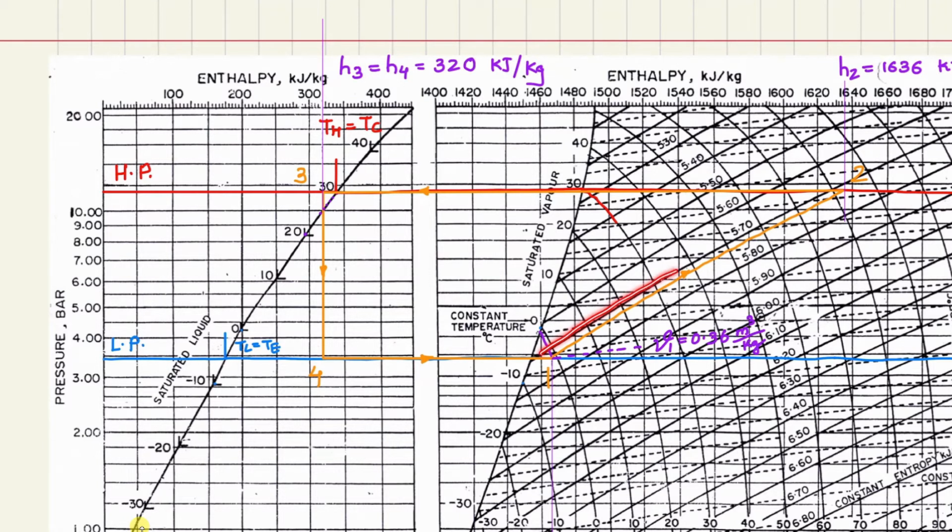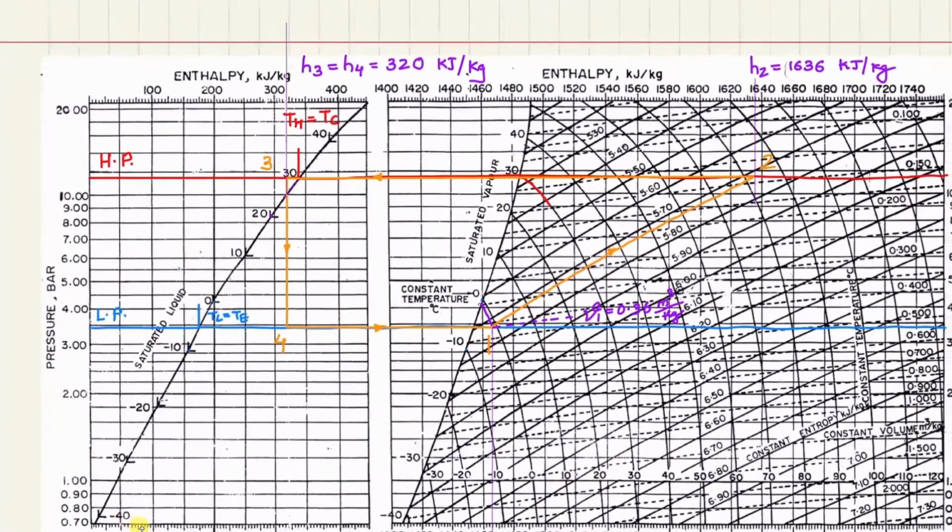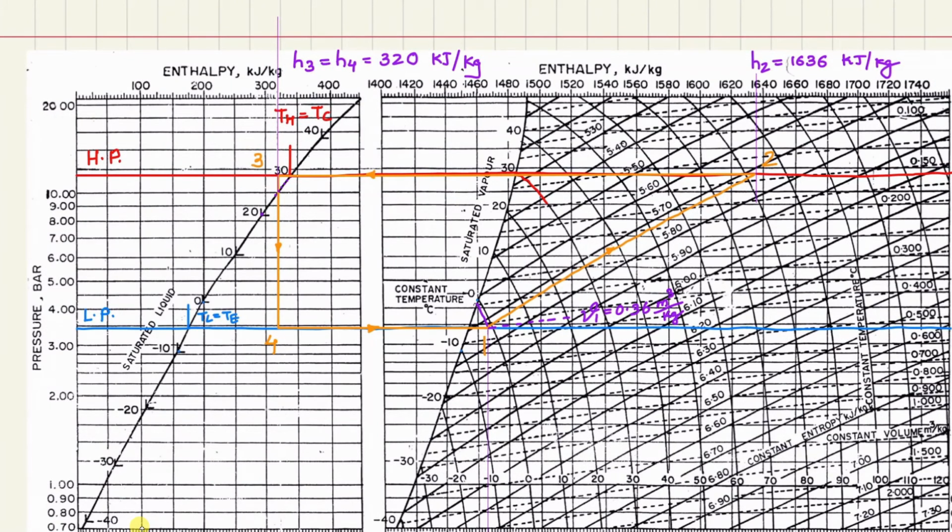Follow, these are isentropic curves. So 1 to 2 will be isentropic compression. 2 to 3 will be constant pressure heat rejection in the condenser. 3 to 4 is isenthalpic. Why isenthalpic? You can see on the x-axis, enthalpy is there. So isenthalpic expansion, and then 4 to 1. Here pressure and temperature drop, and 4 to 1 is constant pressure heat absorption in the evaporator. Okay. So after marking the cycle, you have to read the values of all the points.